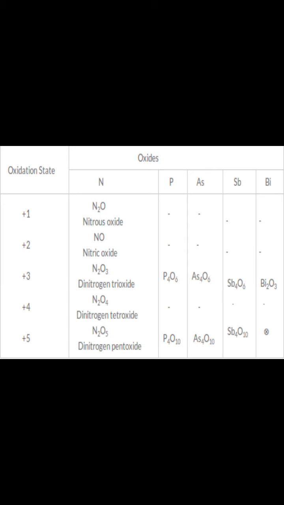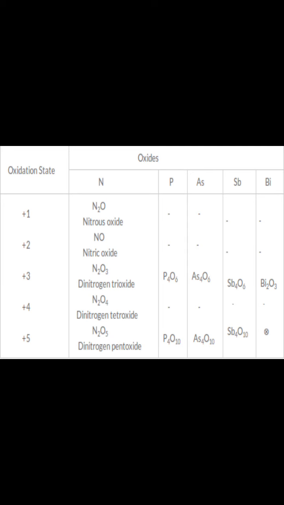Whereas in phosphorus this variety is a little bit decreased, and similarly in arsenic, antimony and bismuth. When we compare the positive oxidation states, nitrogen shows the maximum range, from +1 to +5. But phosphorus, arsenic, antimony and bismuth show the +3 oxidation state,